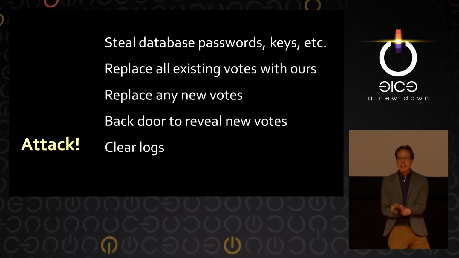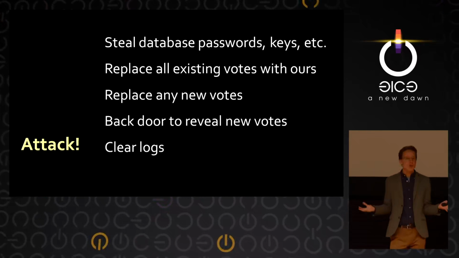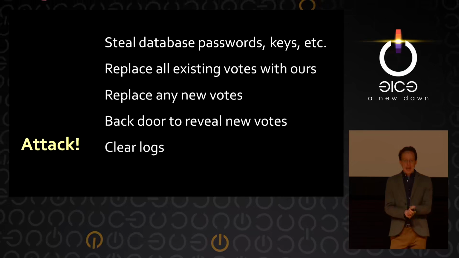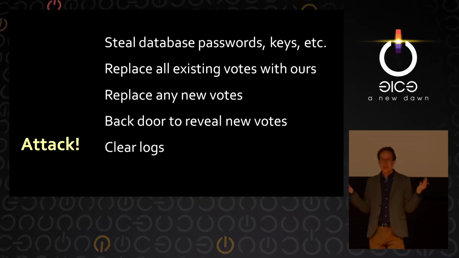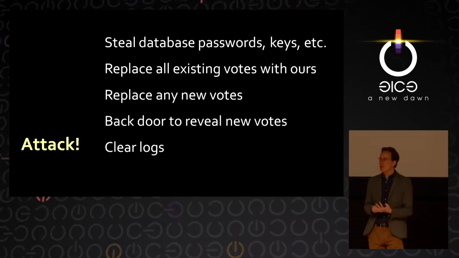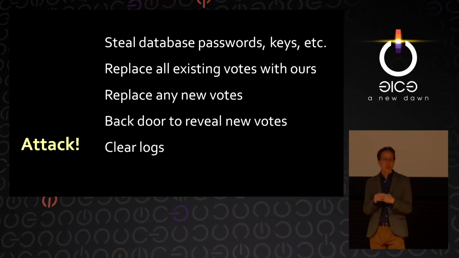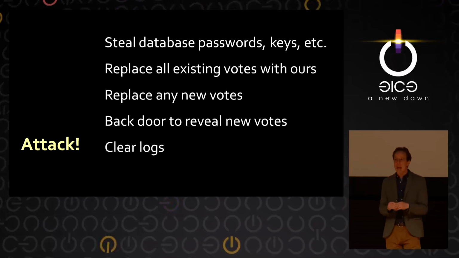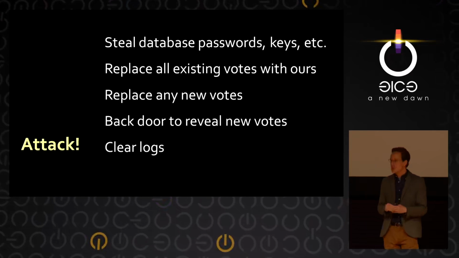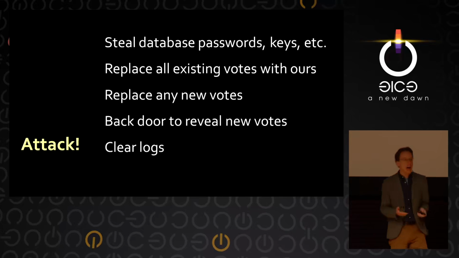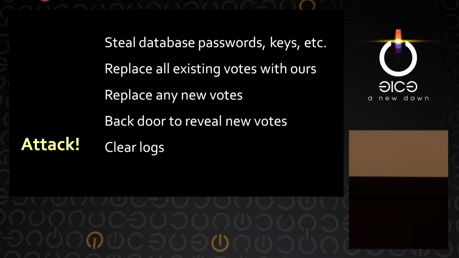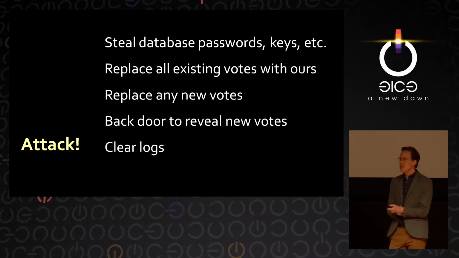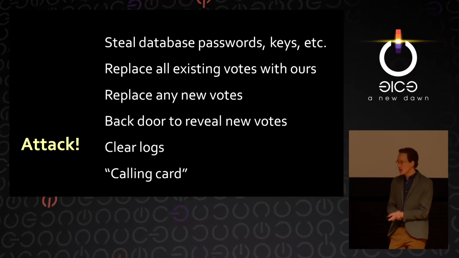Now, we just had one more dilemma, which is that we had gained complete control of the system, but the real election was then about a week away. And we wanted to let DC know what happened, but we didn't want to just call them on the phone, because we thought it would be really interesting to test how well election officials could detect and respond to an attack during a simulated election. And there's never been a good study of how this would play out. So instead of just calling them up, we decided to leave a, we thought, not so subtle calling card.